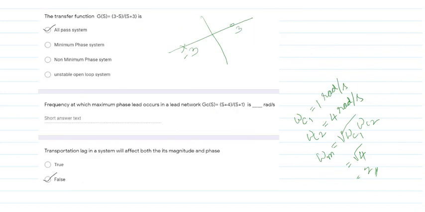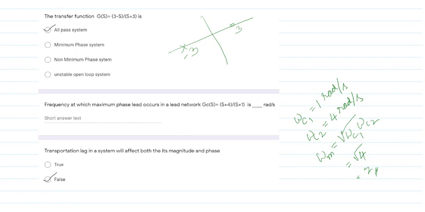Next. Okay, observe this. 3 minus s over s plus 3. Okay. What are the poles and zeros? 3 minus s is equal to 0. If I put that, I will get the zero at s equal to 3. Then denominator equal to 0, I get the pole at s equal to minus 3. So for every pole in the left side, there will be a corresponding zero in the right side. That is a mirror image in the right side. Okay. Right. So this sort of transfer function is called an all-pass system.